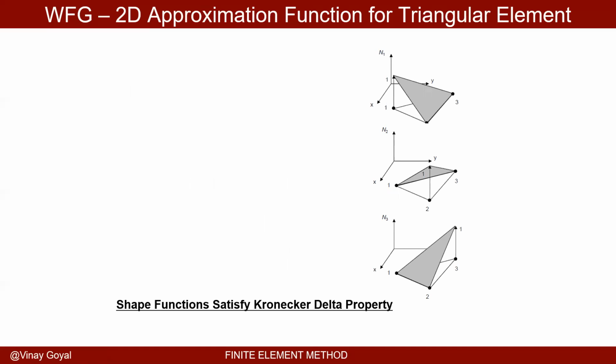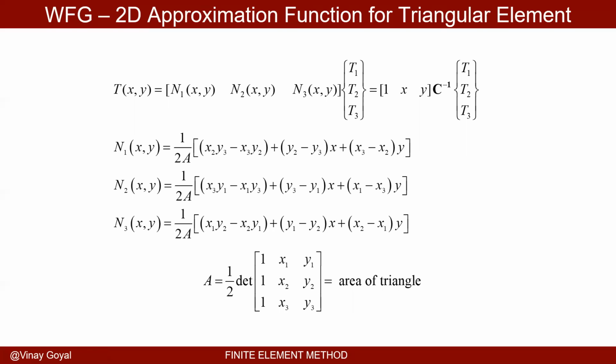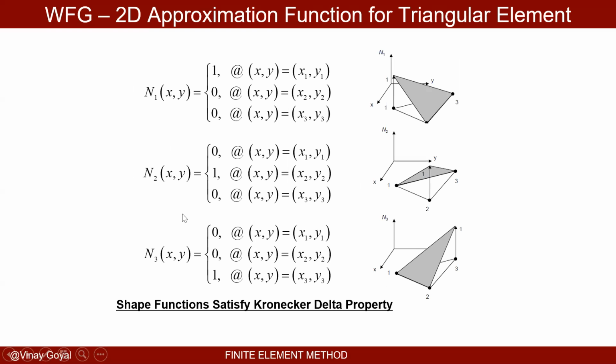So these shape functions are actually quite amazing. If you were to plug in x1 and y1 here, surprisingly, you will get one here. And this will also be 0 at nodes 2 and 3. Shape function 2 will be 1 at this node, x2 and y2, but it will be 0 at the other two nodes, and so forth. So if you were to plot it, you will find that shape function 1 has a height of 1 here, 0 here and 0 here, and so forth for shape functions 2 and 3. So it works out very nicely. I invite you to